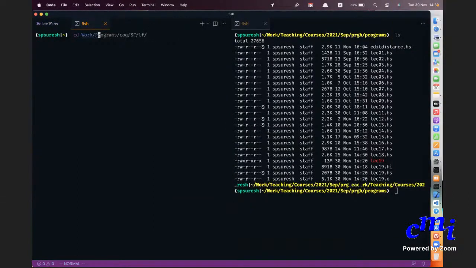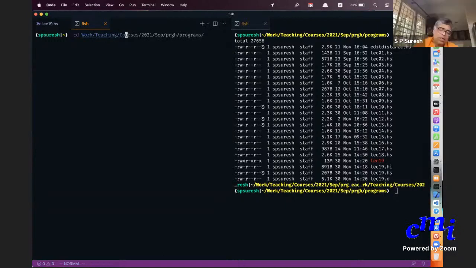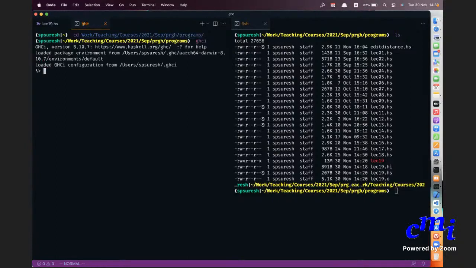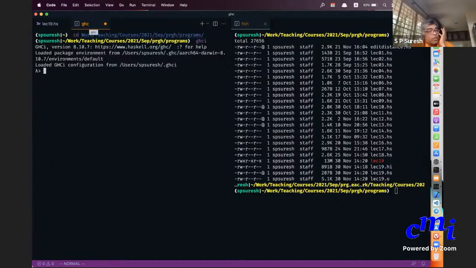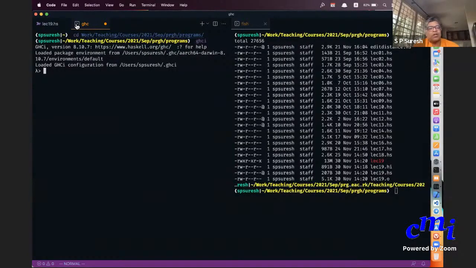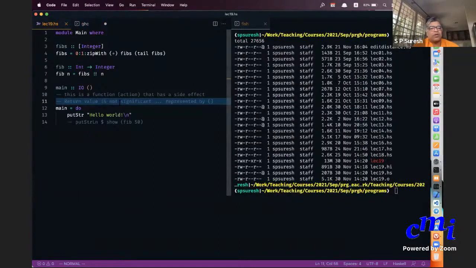Excuse me, sir. Yes. Can you explain that unit part once again? I'll explain it. Sir, are there functions that return unit type? Yeah, these will be functions that return unit. There aren't any predefined functions that return unit type, but you can write a function whose return type is unit. We can try something whose return type is just unit.